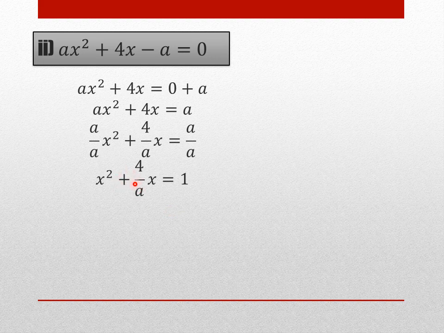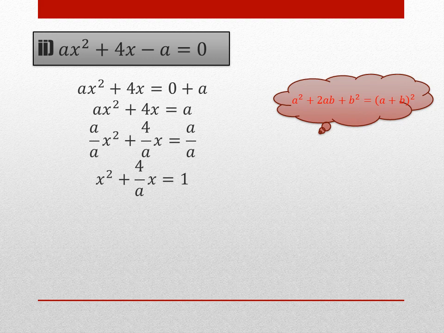Looking at this sign, yes, we will again apply the formula of a plus b whole square, which would be a square plus 2ab plus b square. Again we are going to find the b term first because we don't have that term. The first two terms are x square plus 4x by a, but we are not having that b square term. So working,